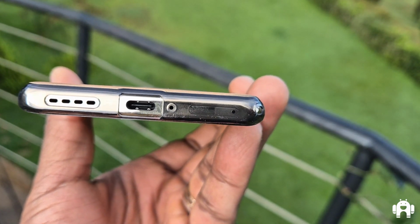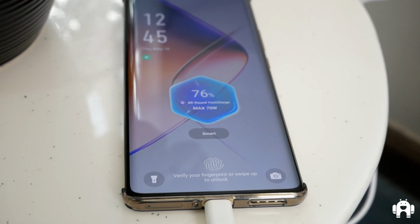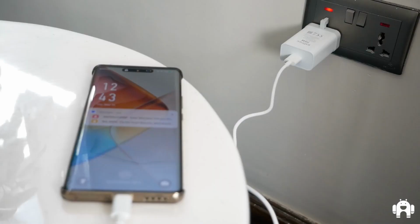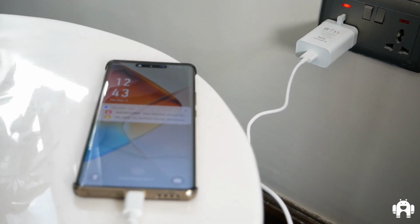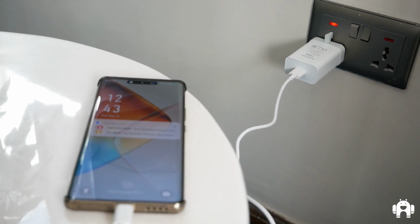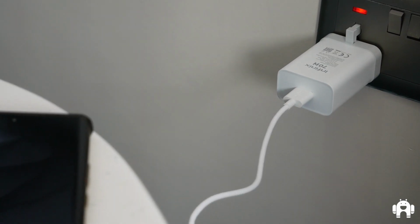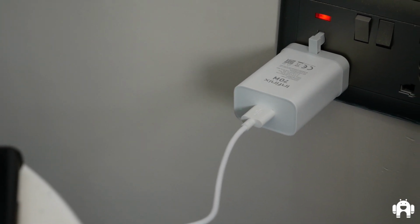All-round fast charge, as we've explained before in an explained article, is a series of technologies that come together to make it easier to use your device. So that means number one, your endurance setting, the battery lasts longer, so a lot of things are happening in the background to make that possible. Number two, that there's fast charging, and number three, that the fast charging is not destructive. We've had phones catching fire and all of that, so these technologies make sure that much as you can charge,